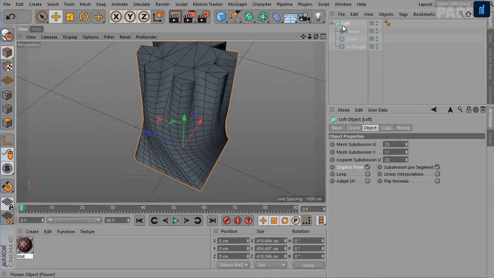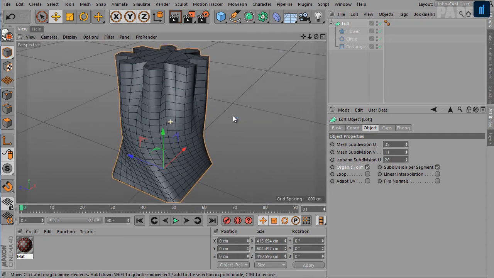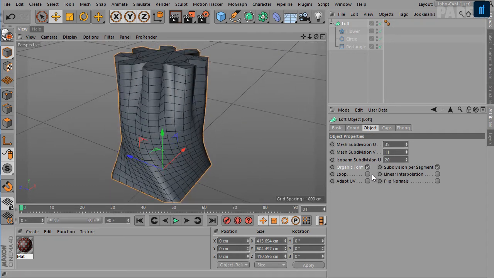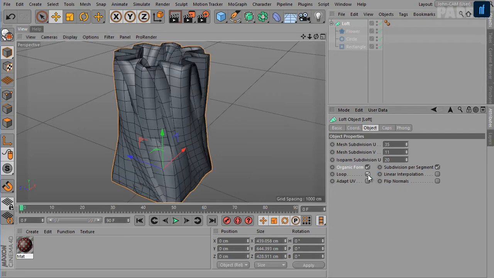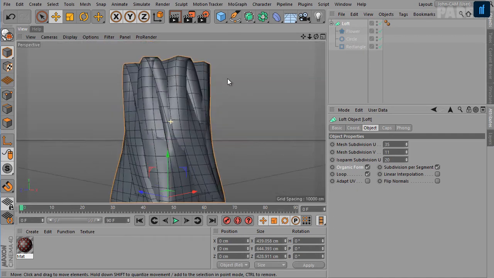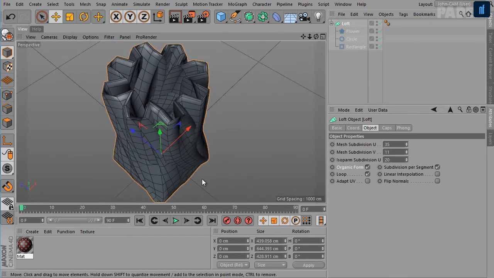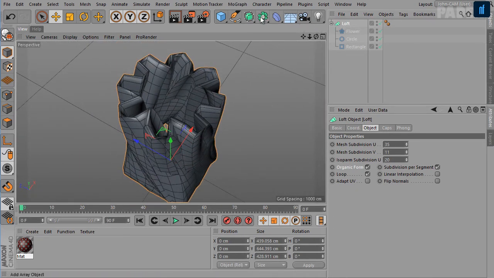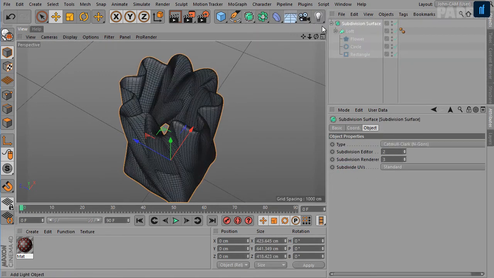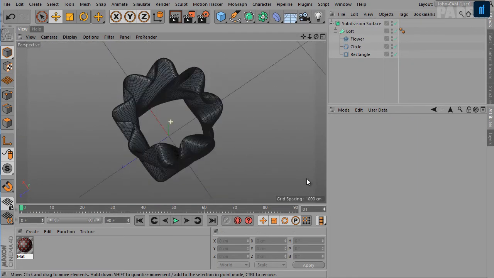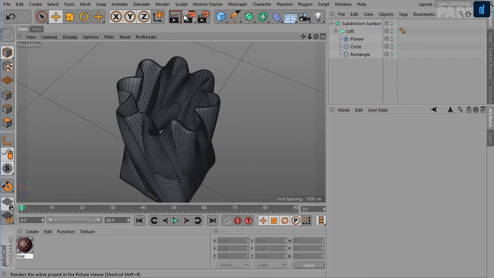The loop option here, when enabled, connects the first spline to the last spline in the V direction. So if we enable the loop, you can see we get this kind of shape. And if we put this loft object inside a subdivision surface object, we can create some interesting looking shapes.